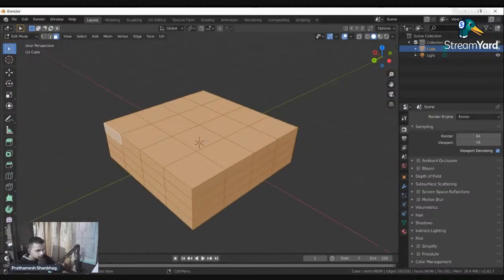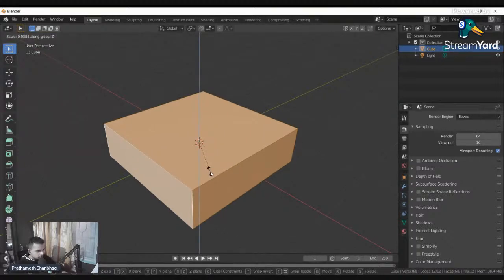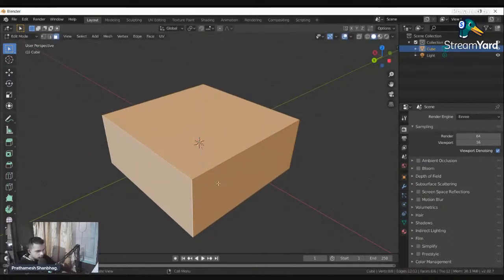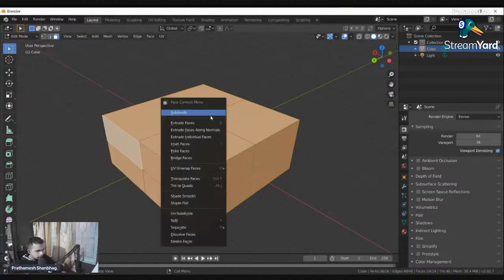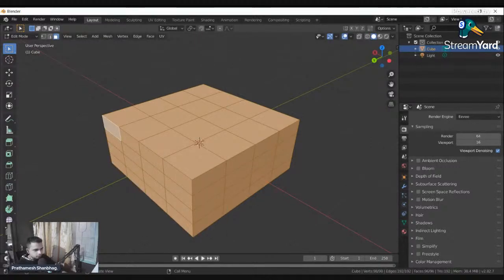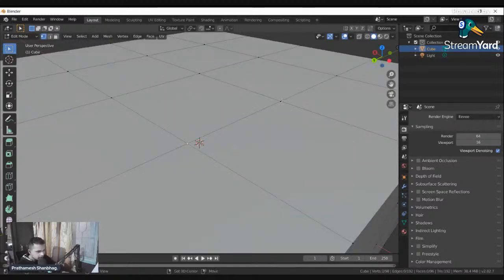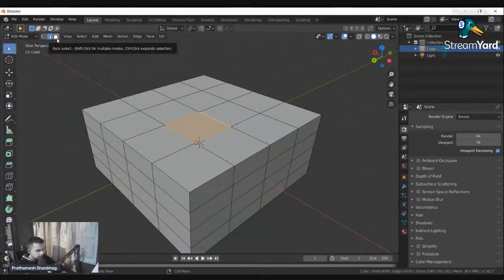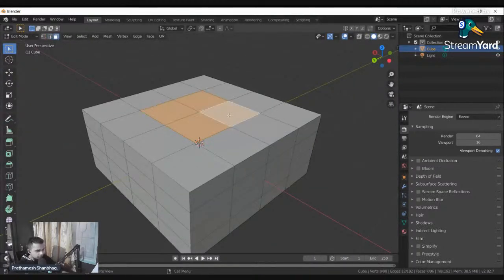All right. I think I should have scaled it more, so I'm just going to undo, scale it on this Z axis a little more to make it look like a sushi, and then subdivide twice. All right. Now for the sushi, like I had mentioned, if I press 1, I can only select vertices. These small dots, only those I can select, the rest I can't. But if I press 2 and then I select them, I can select the edges. But what we need is faces. So I'm going to press 3 and select these four faces in the center.